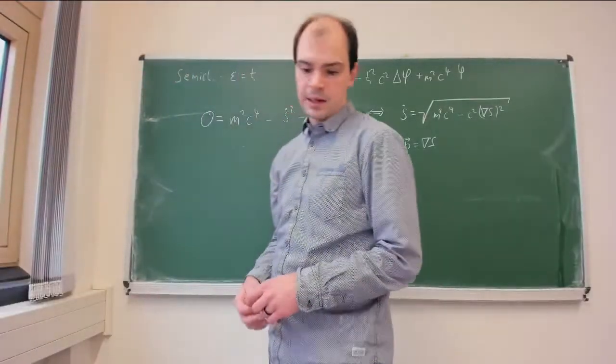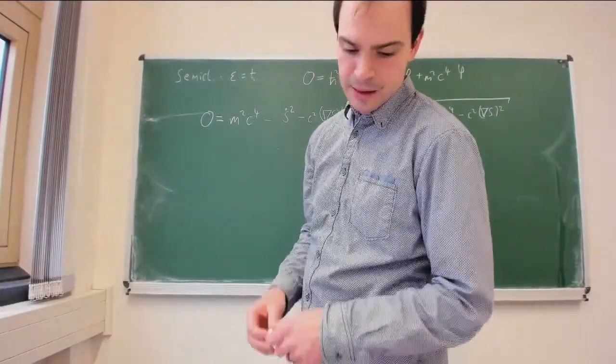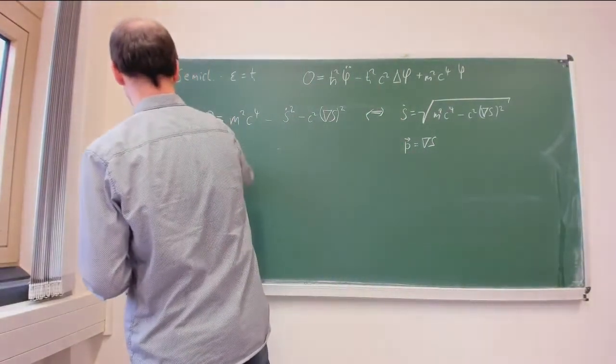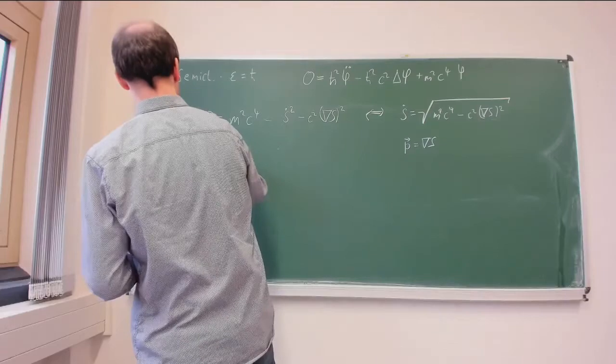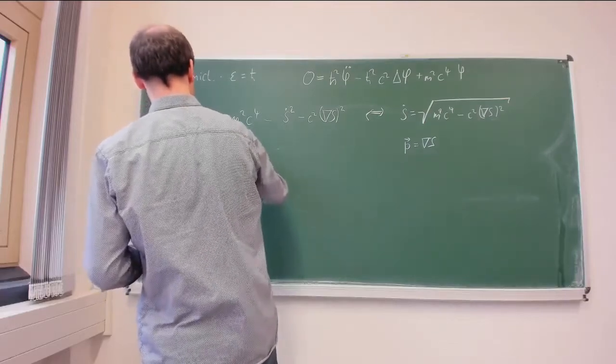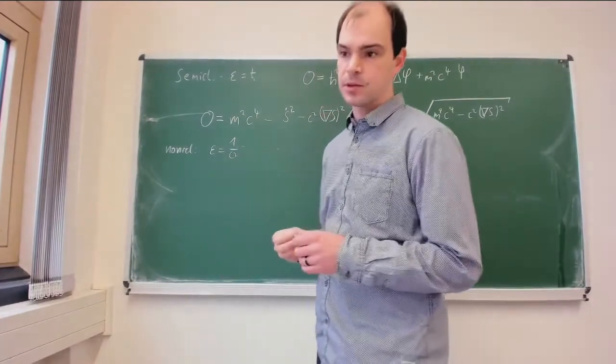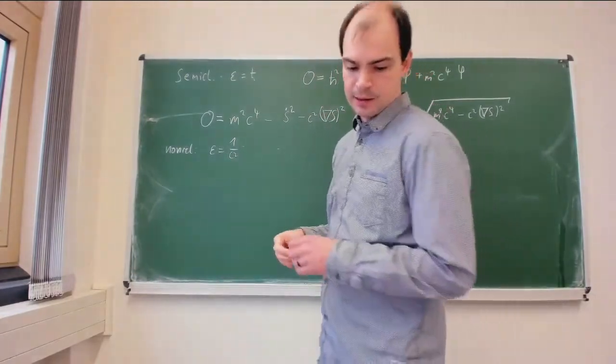And then again, we can look at this at any order. So we take the non-relativistic limit, we put epsilon to 1 over c squared, and then at the lowest order,